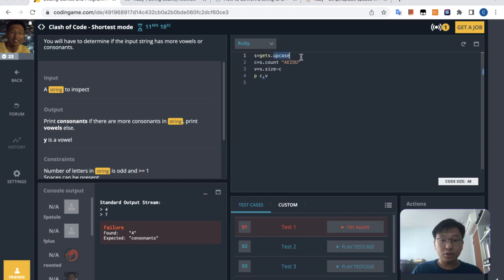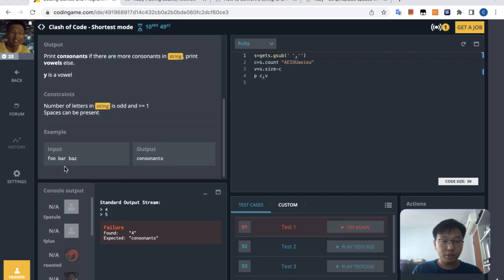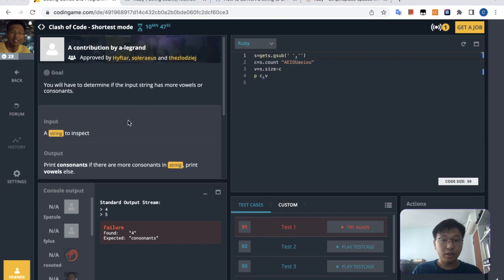I'm just thinking whether I should do upcase here because actually I can also do like this, and then I can save some letters, right? 1, 2, 3, 4, 5. Upcase is 6 letters. So we just probably need to do the gsub here. We sub the space with a null character like that. Okay, so we will have 4, 5, which is correct. And now I just need to print out whether